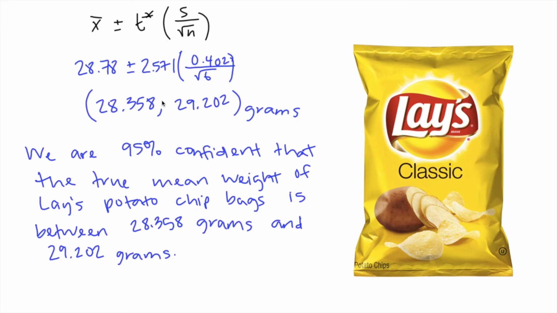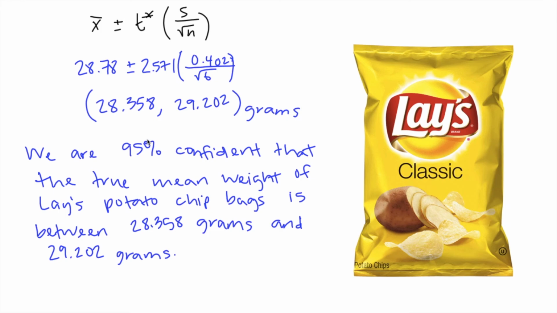If 28.3 were inside that interval somewhere, we would have to say, no, we don't have evidence that it's higher or that it's different, because 28.3 is in the interval, which means it could be the true mean based on our interval. Right? If we were asked to interpret the confidence level, what does it mean to be 95% confident